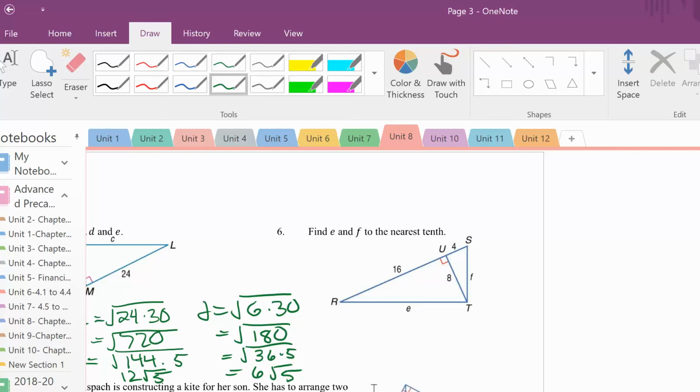So here's the next thing, for number 6, to try to find E and F. Well, E is a leg in the big triangle, because here's the right angle. So E is equal to the geometric mean between 16 and the whole thing, which is 20. So 16 times 20